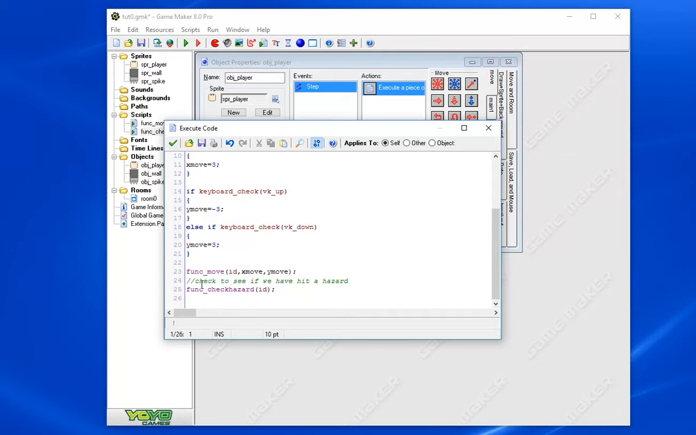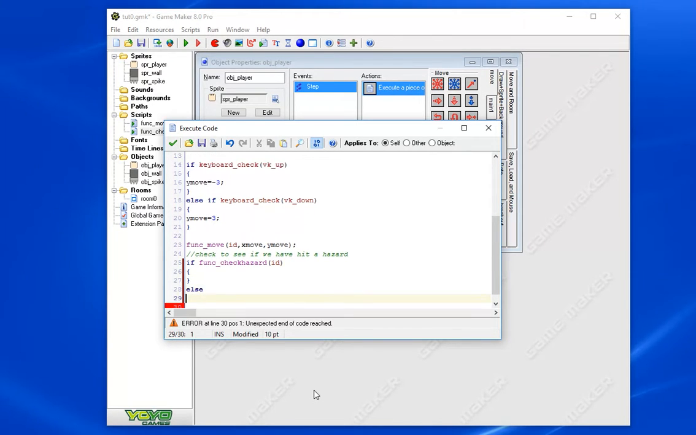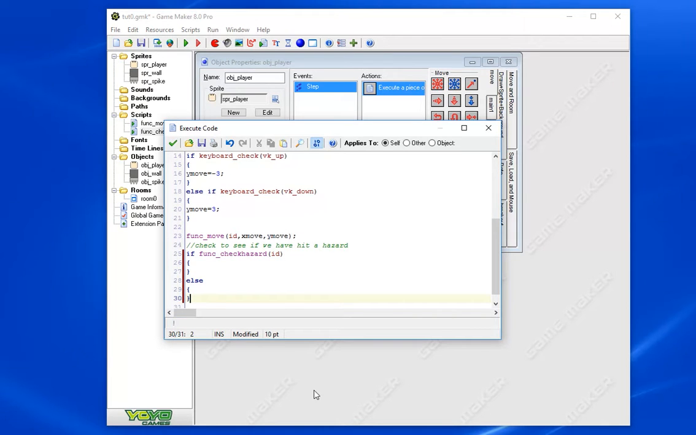Alright, so if there's a hazard, we don't actually just want to call that, we want to call an if statement. And that is implied to be if function check hazard equals true. I just hope you guys know that. We don't need to put equals true. We can just call that. If it's true,